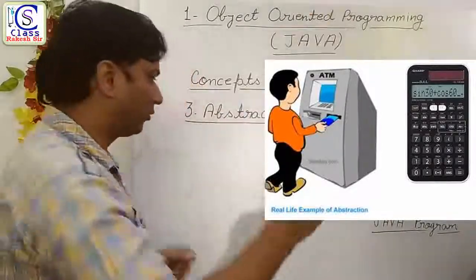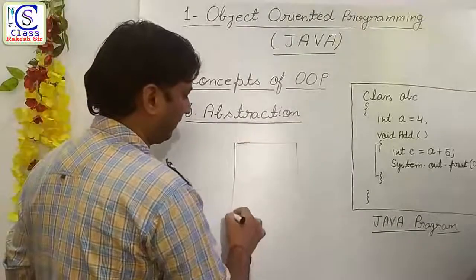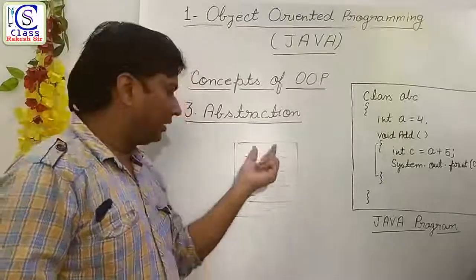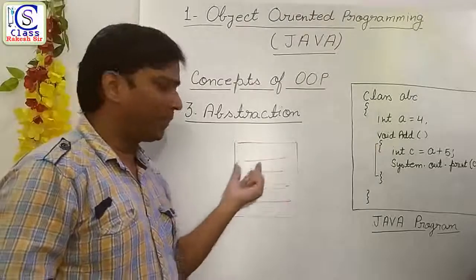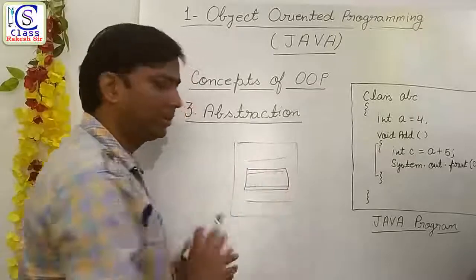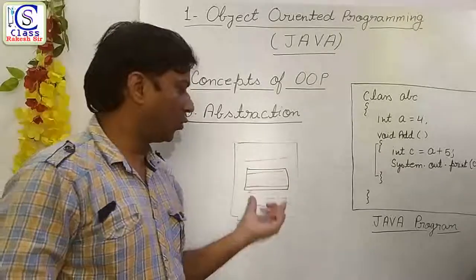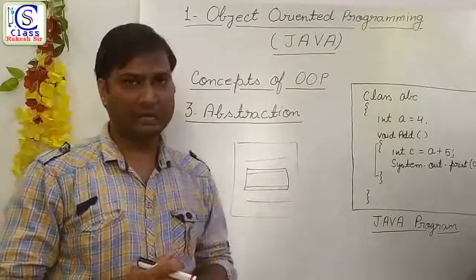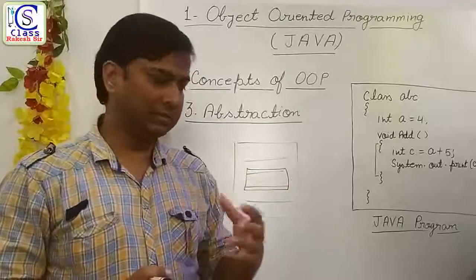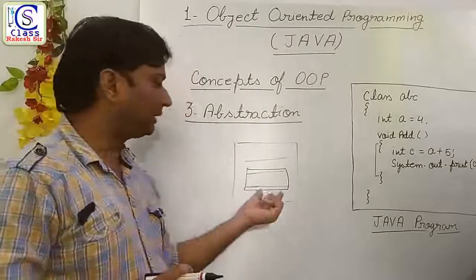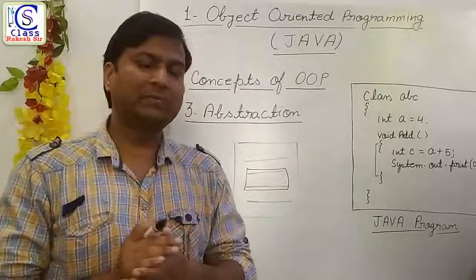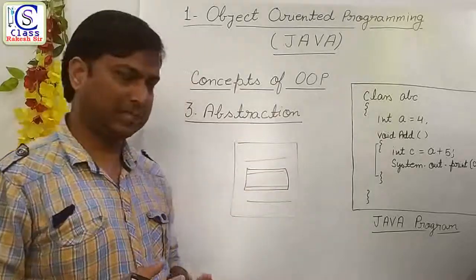It means if you are going to create a Java program, and in it any statement or any group of parts performs only essential features, but how these features are performed you can't see in the code, that particular feature is known as abstraction. So here in class 9th and 10th, in your ICSE syllabus, you only have to understand what abstraction is, how to create an abstraction and how to perform an abstraction.